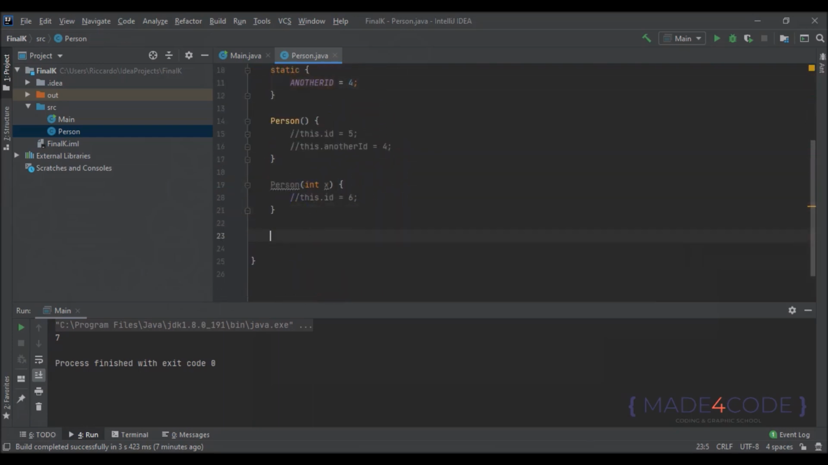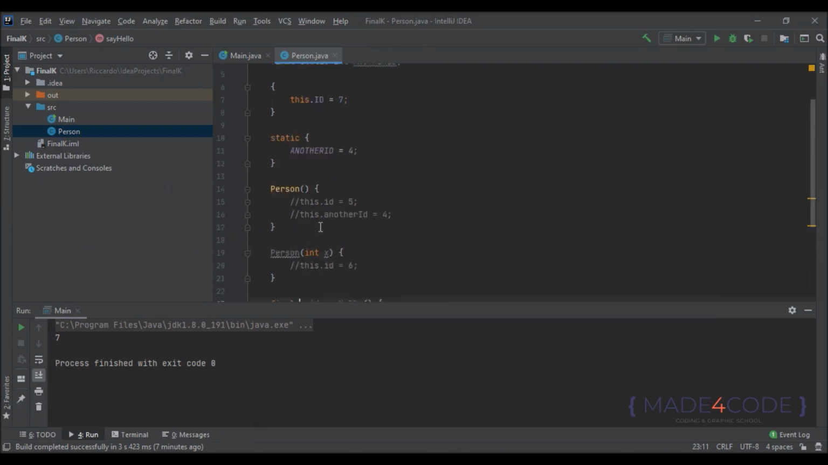So for example, here we can create a method, for example, void say hello, that of course does a dummy operation, for example, prints a hello string. This is fine. We can mark this method as a final method, and if we mark a method as a final method, this method cannot be overridden. So we can be sure that the implementation or the method body of this method won't be changed